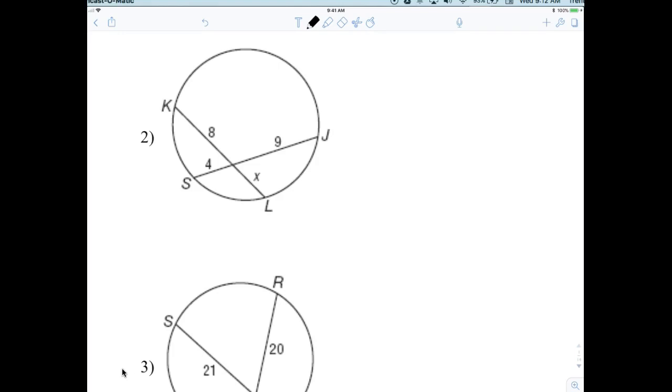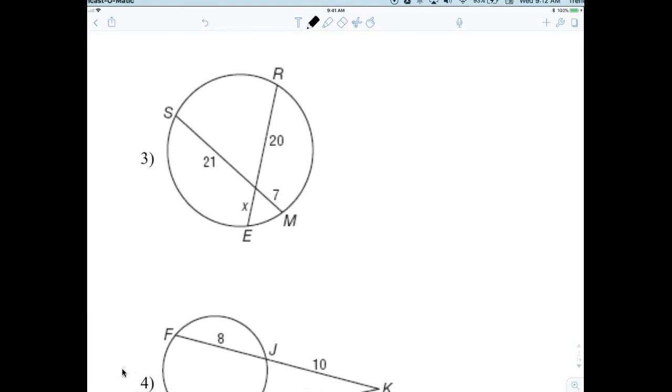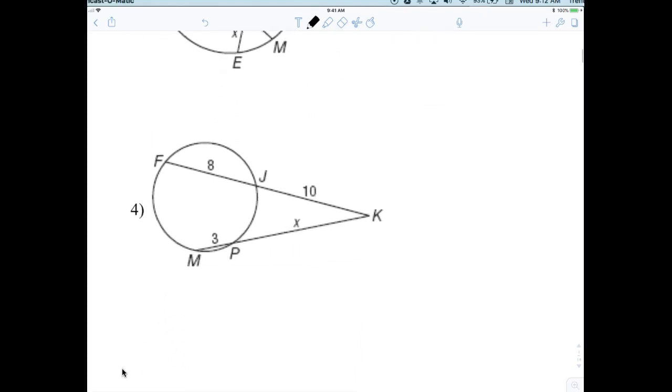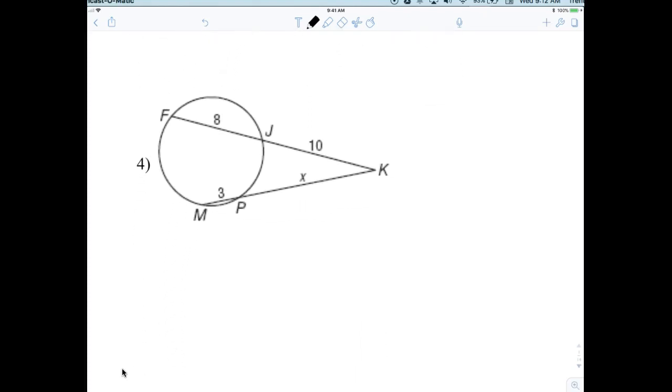Number 2, here we go. 8x equals 36. Number 3. 20x equals 147. Oh, this is the outside. All right. That's exactly right. So here we have the outside